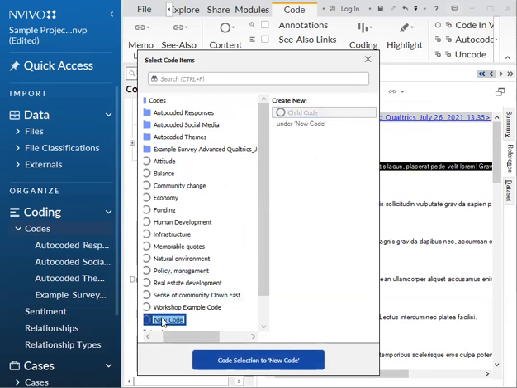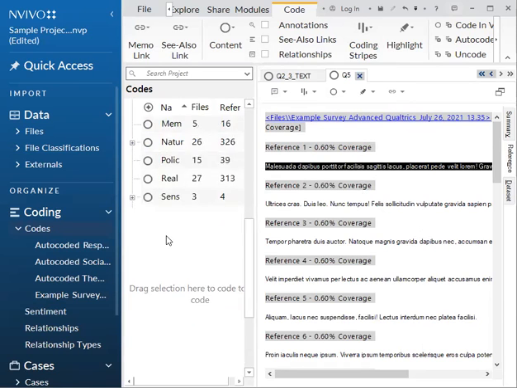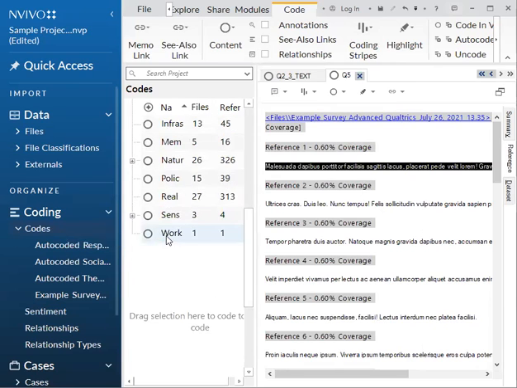And then you can type in the code here. But yeah, so those are just a few options. I prefer the drag and drop just because it's pretty easy for me and it just goes faster. But yeah, those are all options for coding open-ended responses.